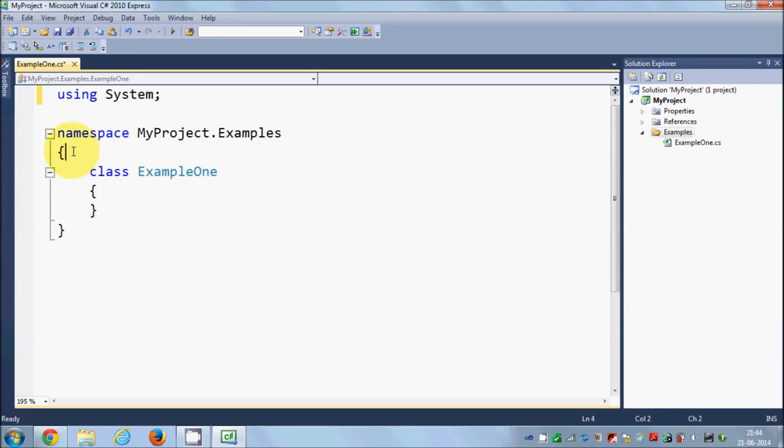Now this project or this folder which we have created is also a namespace, and whatever class we write inside this will be a class under this namespace. So System is a namespace like this, okay? Now to write your first code inside your namespace, what you need to do is go inside your class, and you need to write here